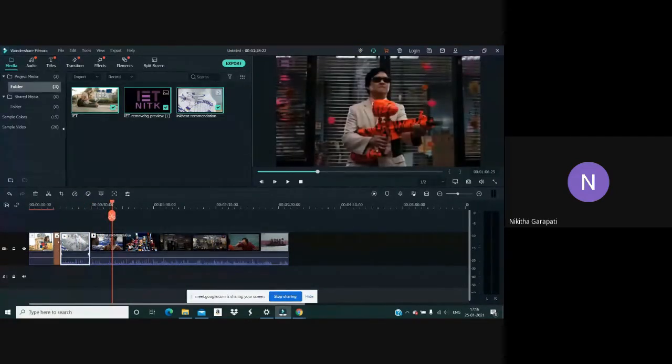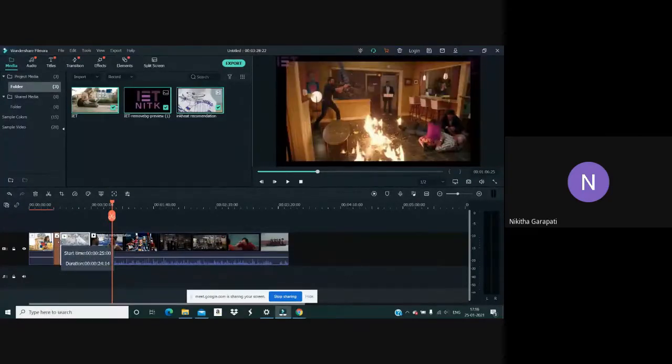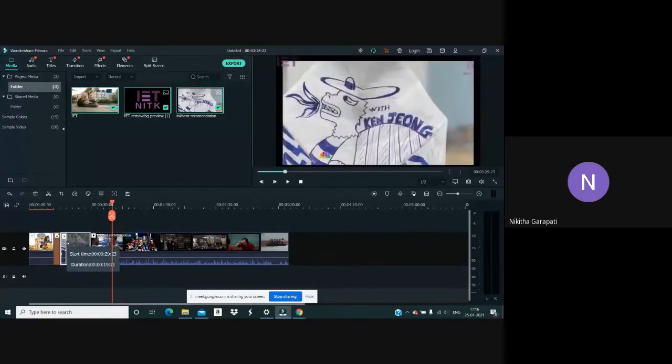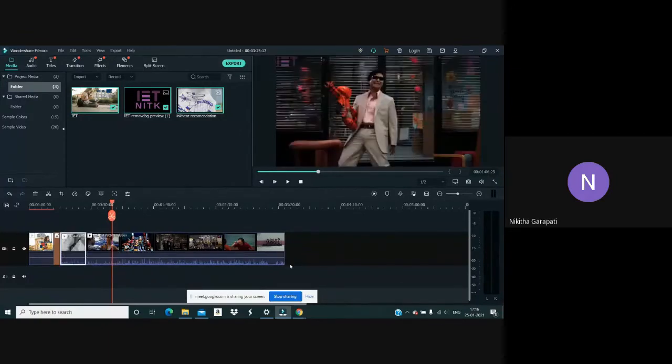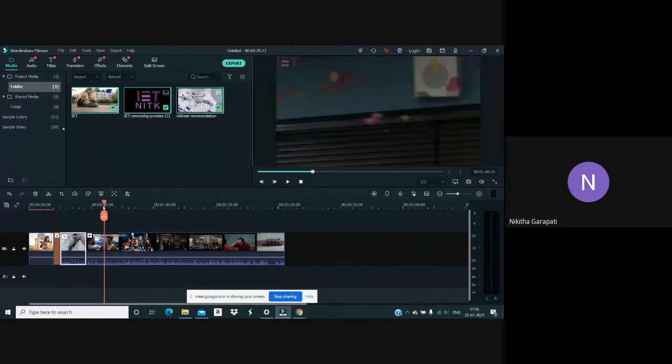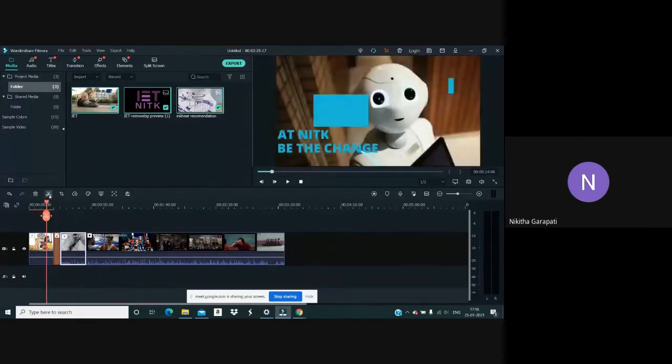And similarly, if I want to do the same thing at the beginning of the clip, I can do it. It's the same thing. Okay, so I hope you are clear with this particular button. And next is your crop button. These are some extra features that I told you about before. So next is your crop button, which you can use to crop your video.